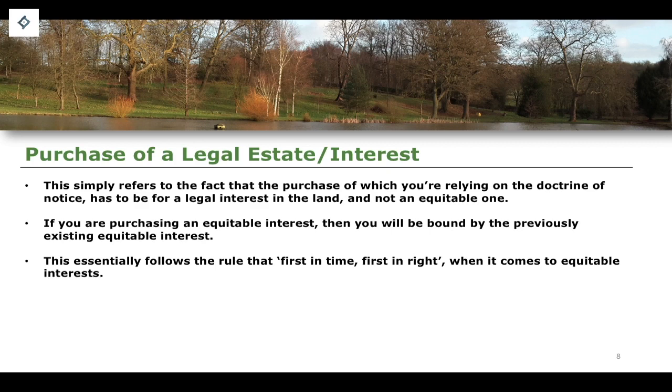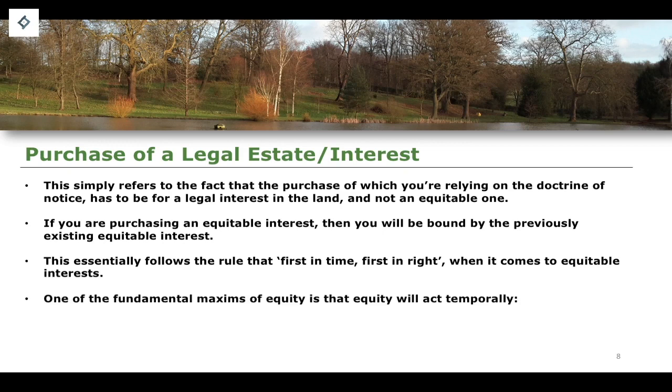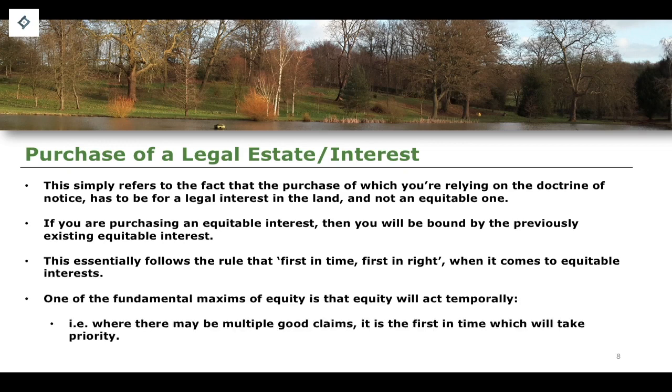So essentially, this comes into the idea of equity, one of the essential maxims of equity, which suggests that equity acts temporally. So where there are multiple good claims in equity, it is those that came first that take priority, and so essentially it allows the rule of equity, i.e., the rule of first in time, first in right. So where there are two equally valid equitable interests, it is the one that comes first that is the one that is bound,